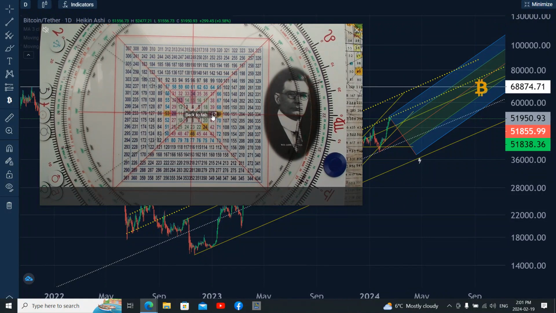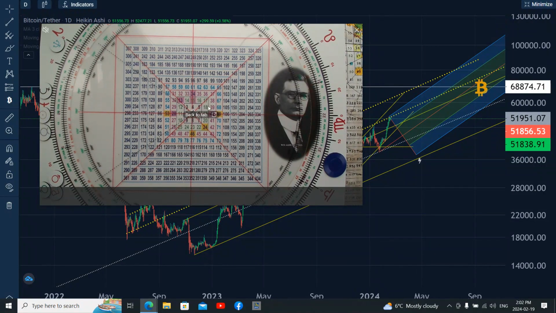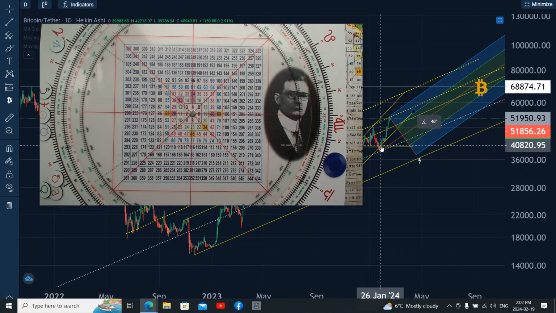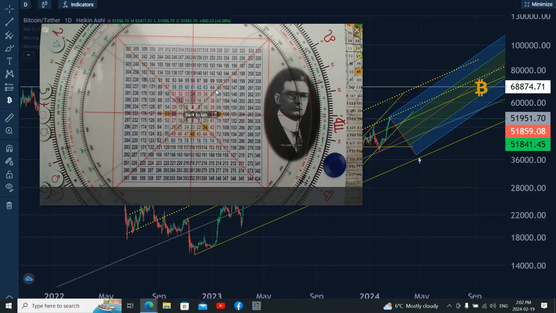So, 53 rolling back to 40, 39, 38, and 37. And 38 is right now our January 23rd low. We have a mid, 38. So we're holding in this quadrant, and this is a really strong resistance level, this 37. So that's another reason. And the square is confirming that by coming back 225 degrees.